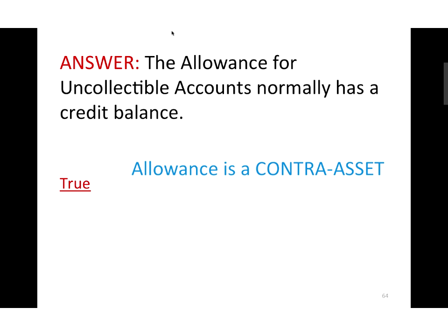Okay, so this is true. This allowance for uncollectible accounts has a credit balance. It is a contra asset, which means it reduces the asset. So we have accounts receivable, which is how much people owe us, and then we have this allowance account, which says this is how much I think people aren't really going to pay me. Because we can make sales, and we obviously think that people are going to pay us or we wouldn't sell it to them. But the reality is that people will be deadbeats occasionally, so we will not get paid back 100% of what we're owed. So we recognize that by setting up this allowance account.